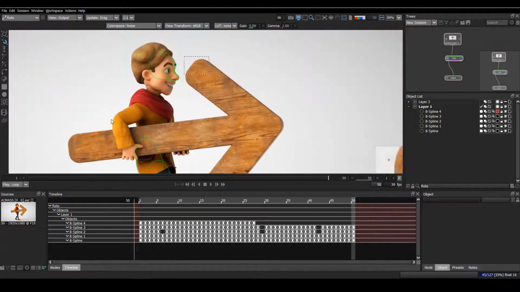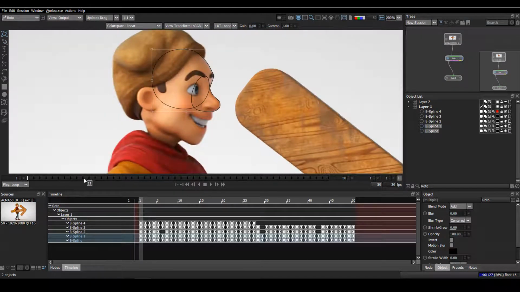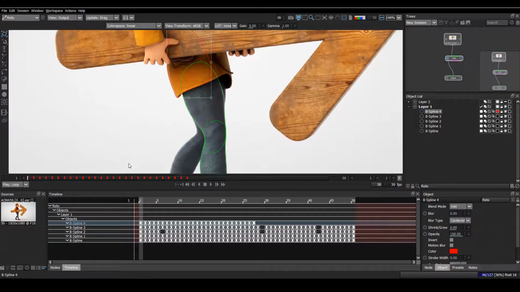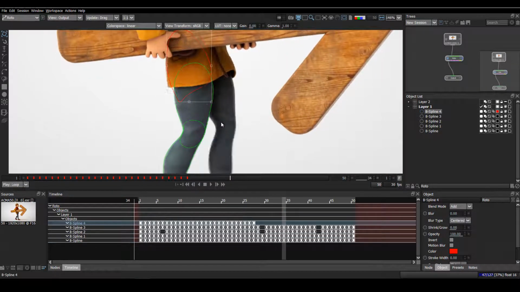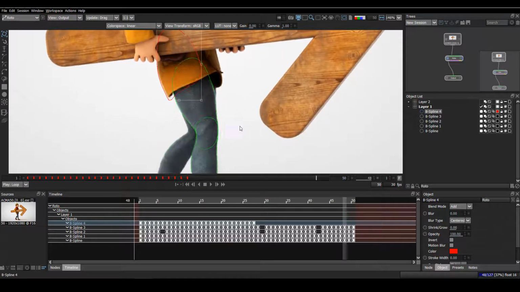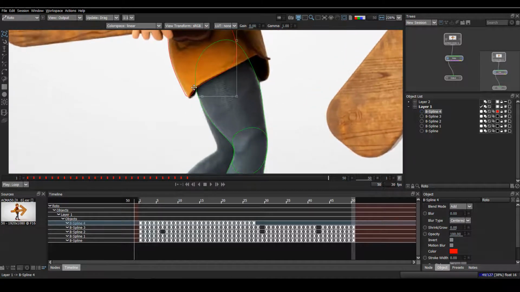Just see, I have done this shape the same way, like I have done the shape once, then I'll see where it's repeating, and then I'll copy and paste the keyframes. Okay, so just see this one, I have done this shape till here. Okay, till here I have done it, and then here also it's repeating the same motion. Okay, so on first frame it's here, but if I go to the last frame, look, it's here.